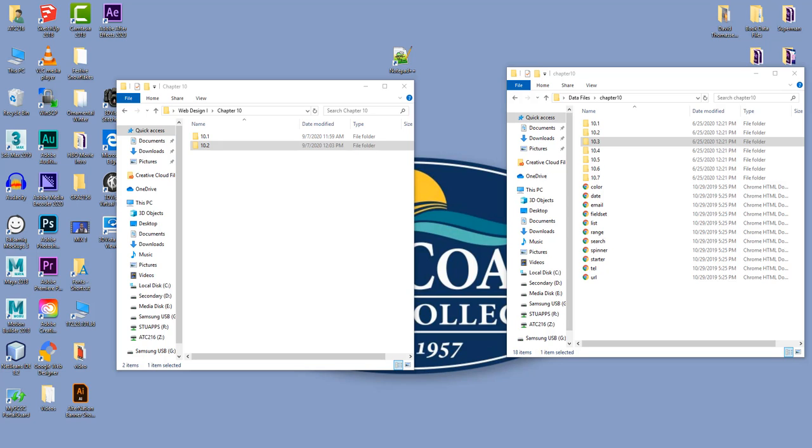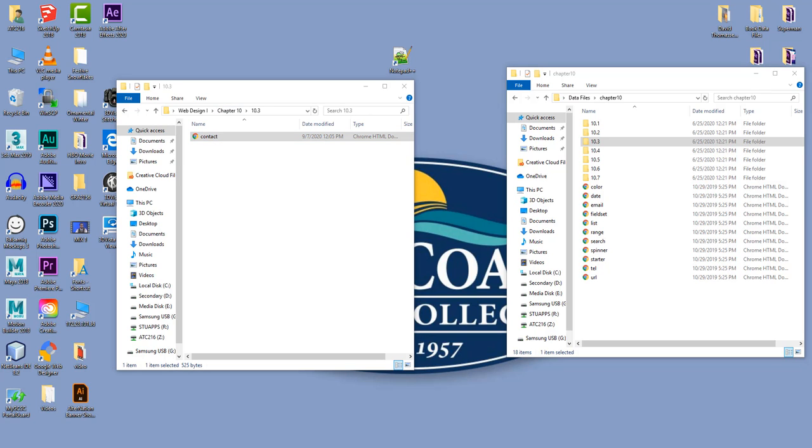So for this one, we're going to add the label element to the text box in scrolling text area. We're going to use our contact form that we did in the previous exercise. So I'm going to create a 10.3, go over here and get this contact,